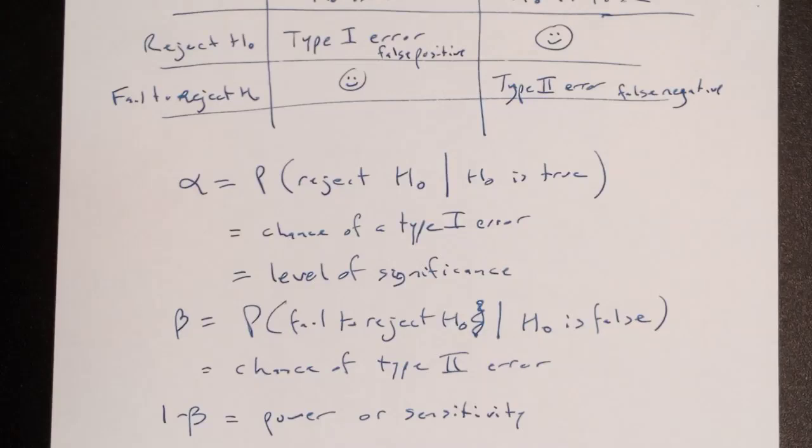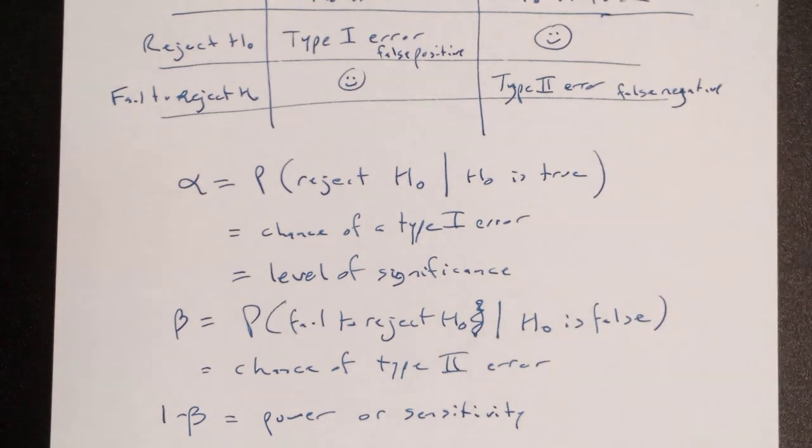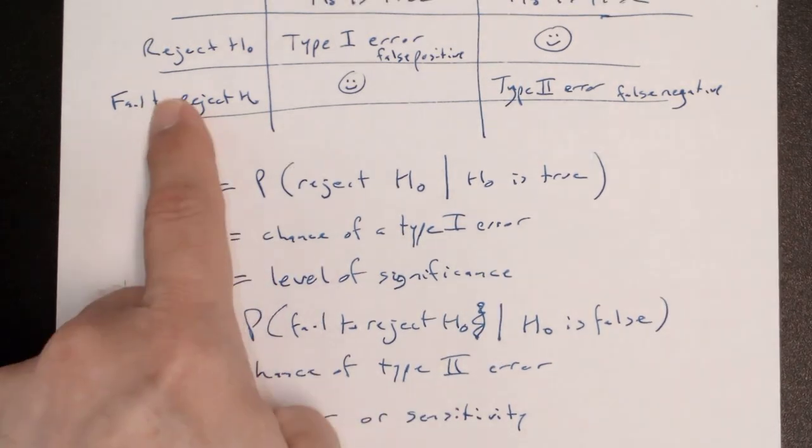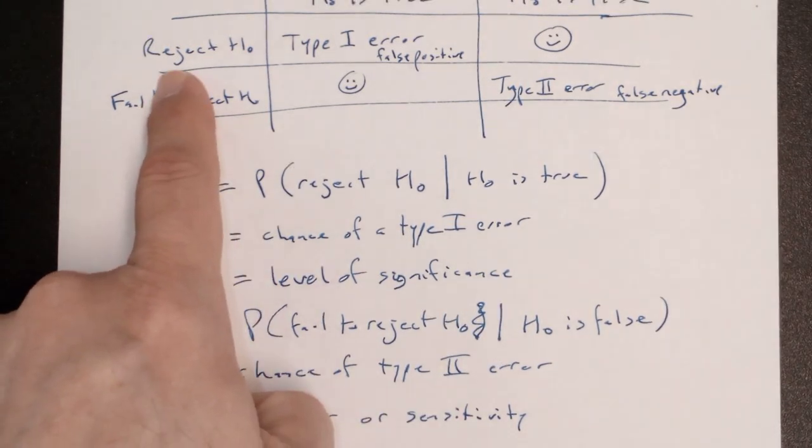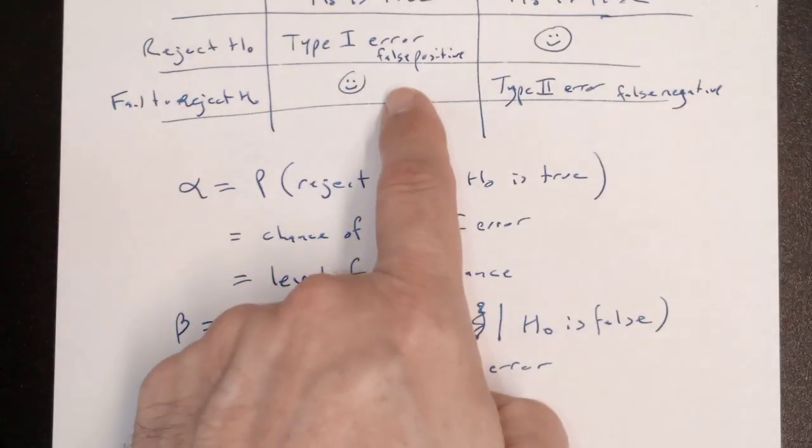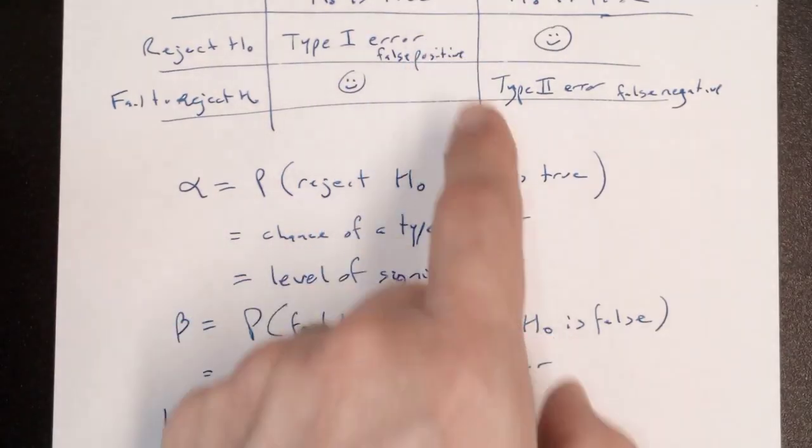My problem is I want to have tests with small beta. I want high power tests. I want tests with small alpha. I want them to have few false positives. I want to be able to get it right as often as I can. More powerful tests will lower beta, but they do so at the expense of making the rejection part harder. And if it's harder to reject, then things can slip through here.